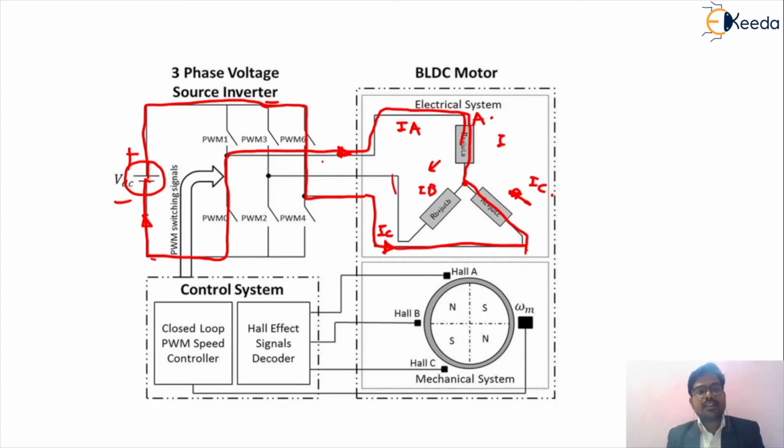Friends, this is the actual concept of the working of your BLDC motor. This is the actual controlling of your BLDC motor by using the different phase sequences. The phase sequence will be A to B, B to C, and C to A. As we know, the conduction is 120 degrees apart from each other, and the current flowing through the windings changes every 60 degrees.